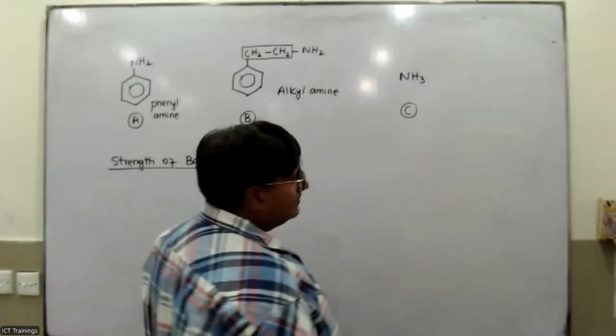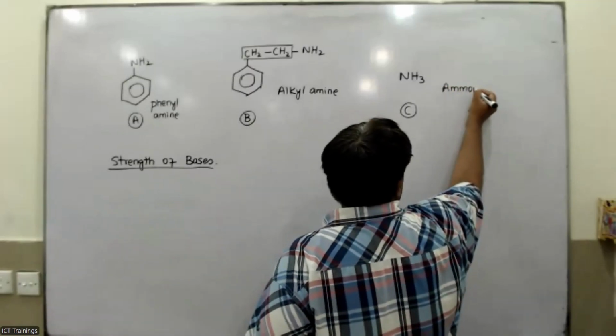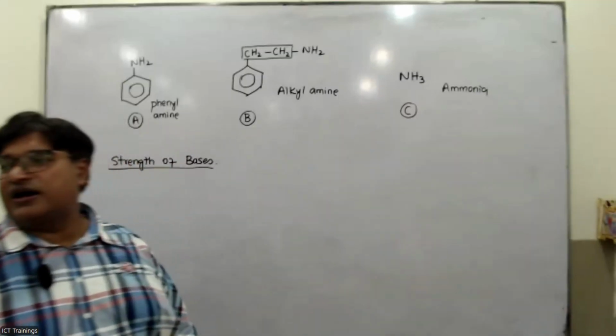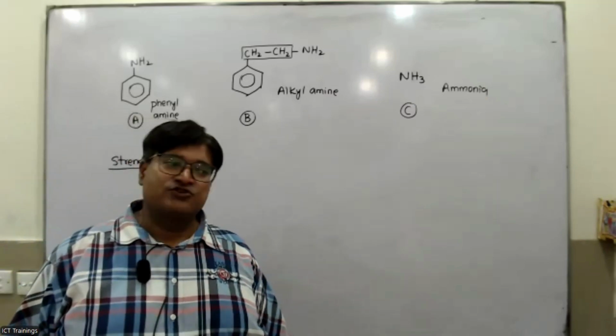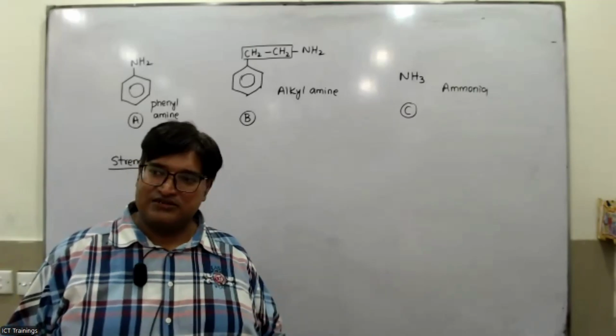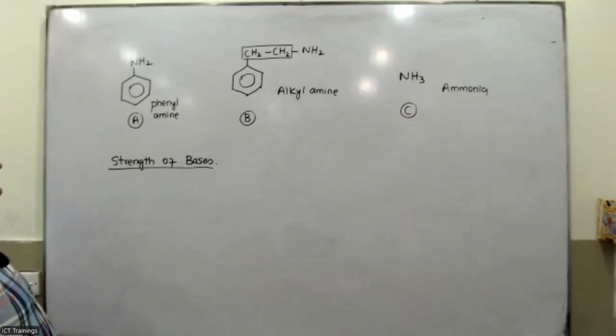And this one is ammonia. Normally in the papers, they are going to ask you about the strength of different bases. Which base is stronger, which one is least strong. So keep in mind, my dear students,